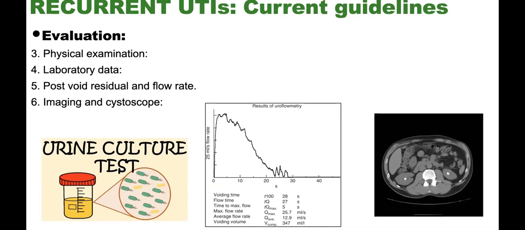Then laboratory tests. Every UTI needs to be confirmed on laboratory tests, so you need to do microscopy and culture to actually prove the UTI. You need to get sensitivities as part of your evaluation so you can give culture-directed antibiotics. Imaging and cystoscopy are only indicated if your patient has high risk for UTIs and you're suspecting the patient might have anatomical or functional abnormalities that need to be worked up.